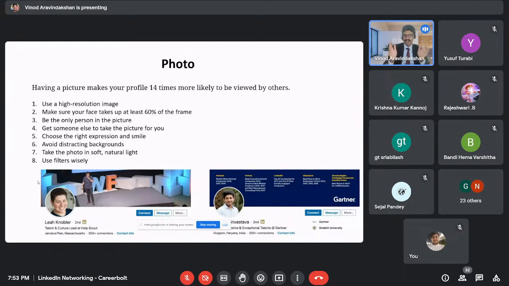Be the only person in the picture. Have a good expression and a smile. That's really going to help. Avoid distracting backgrounds, and again, use filters in a good way. Okay, and you folks are good in Instagram and all that, so I'm not going to talk about this too